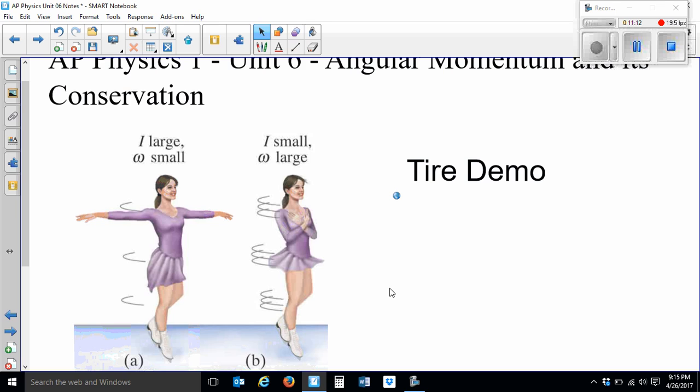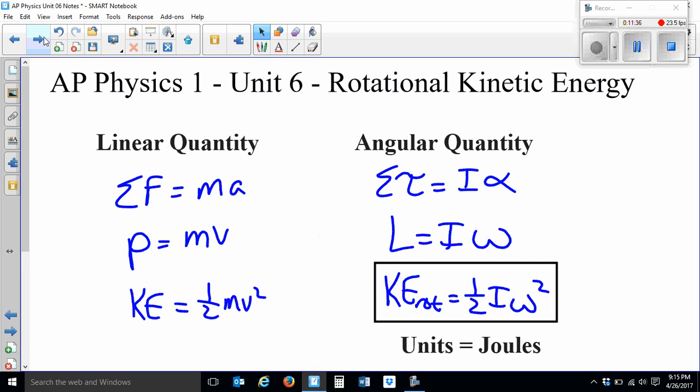There was no outside force. All they did was bring their arms in. That is an internal force that is acting. So because of that, the momentum must be conserved, which is one of the biggest things. If there's no outside force, no push or pull from outside of that system, then your momentum has to be conserved. So again, linear quantities, net force equals ma versus net torque equals I alpha, P equals mv versus